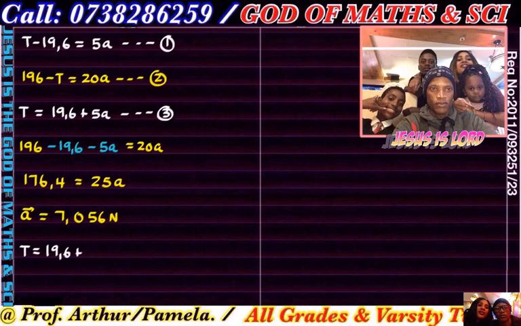19.6 plus, open the parentheses, I substitute 7.056, close the parentheses, then I'm going to punch that. It says 19.6 plus 5 times 7.056. According to me, I'm getting 54 point something. So the tension equals, I'm getting